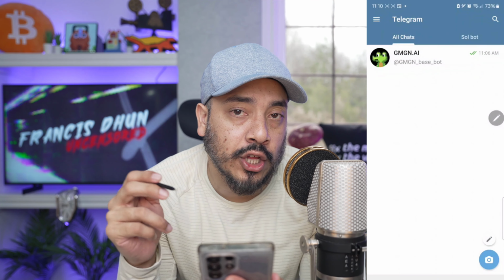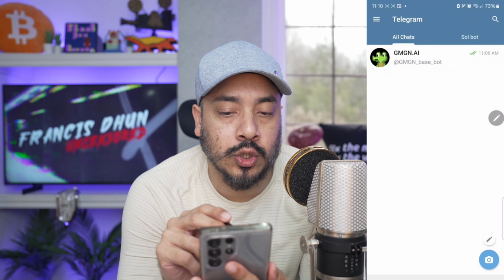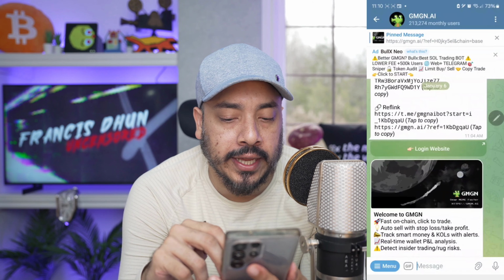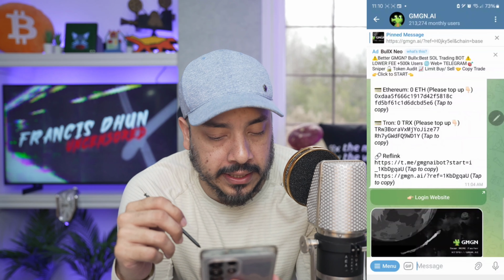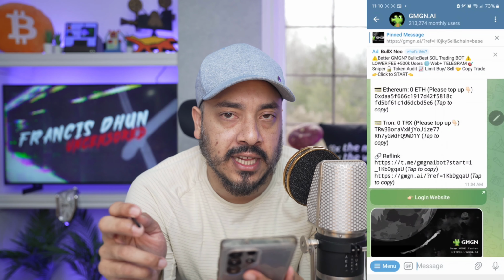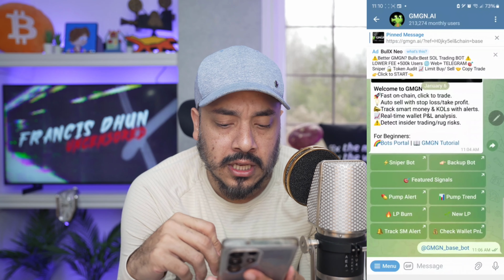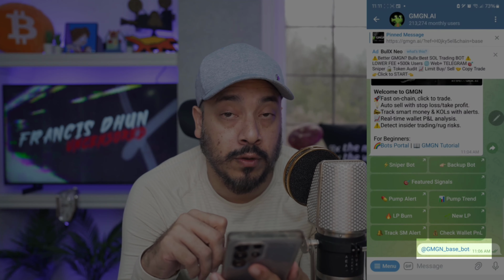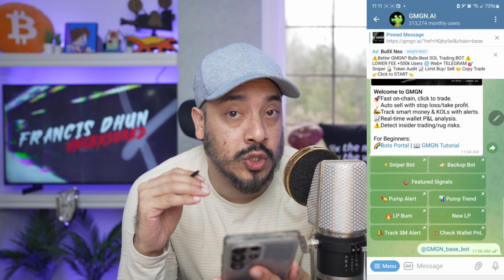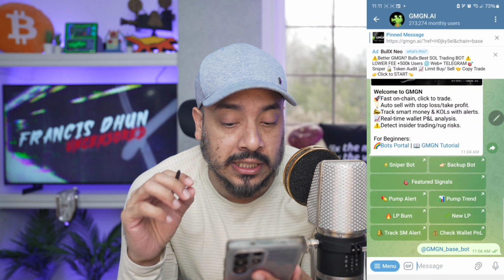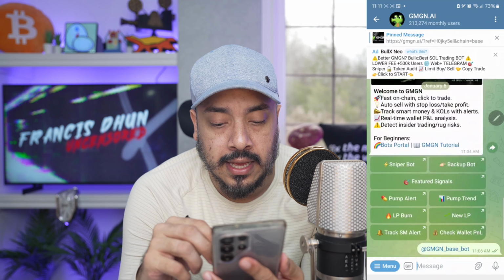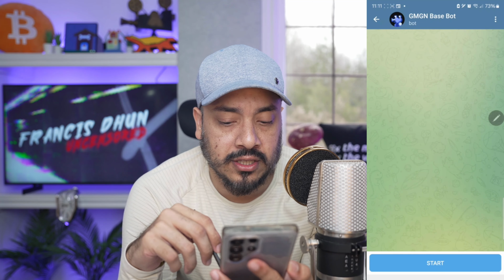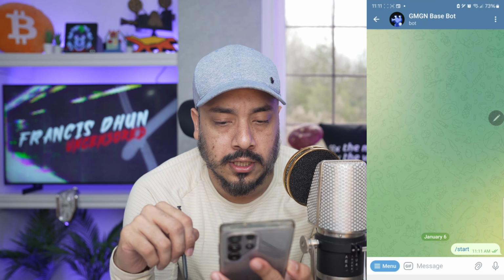Okay, so when you head on over to your Telegram app on your mobile device, what you need to do from here now is go to gmgn.ai. And if you're not already connected to this, you need to log in to the website right here. You click that button, and then you sync into your Telegram. And what you need to do from here now is search for the Base bot. Now, I would leave this link here, gmgn_base_bot, in the pinned message as well, in the comment section and the description box directly under the registration link, okay? And what we would do now is you will then click that, okay, and you need to start everything. So let's go start.